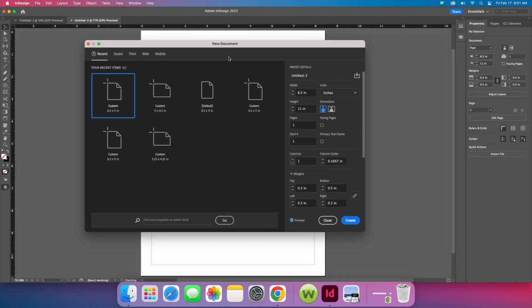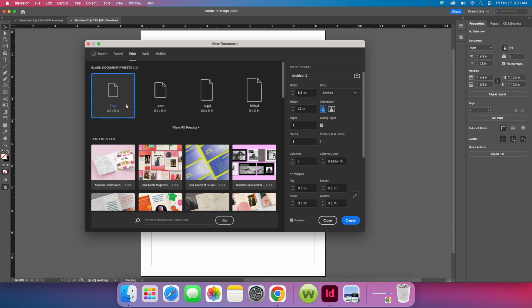So if you ever want to have an idea what you're going to be working with, click preview, okay? And what I want to do is I want to go ahead and I'm going to look under my presets. And I know I'm going to do something. I'm going to print. So I'm going to click on print, and I actually want this letter preset. Now, before I click OK, everybody should have this in inches. If this is not in inches, you need to go back to earlier in last week's. Make sure you follow, or in chapter 2, and follow all of those instructions. Make sure this is your preset in inches, not in picas,